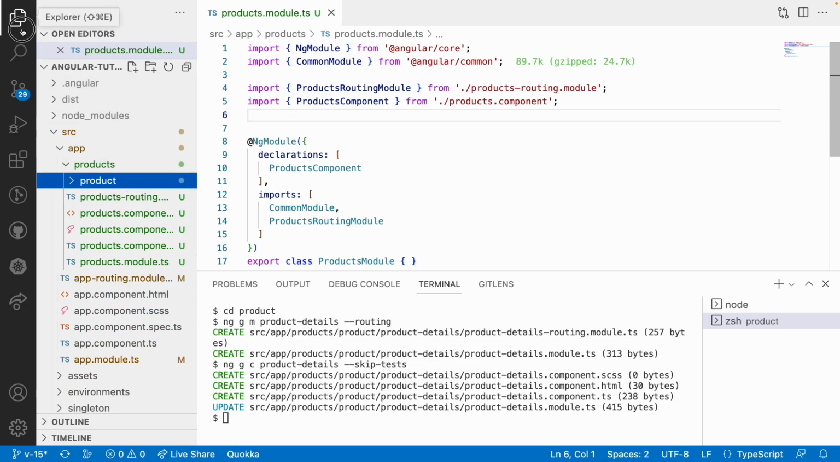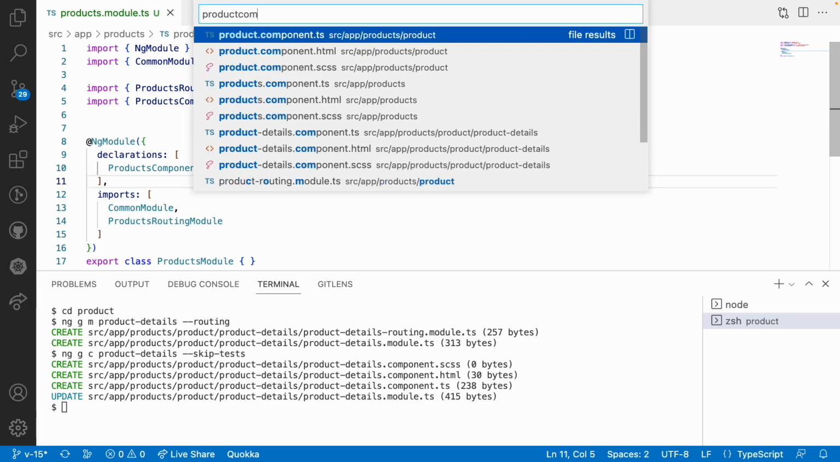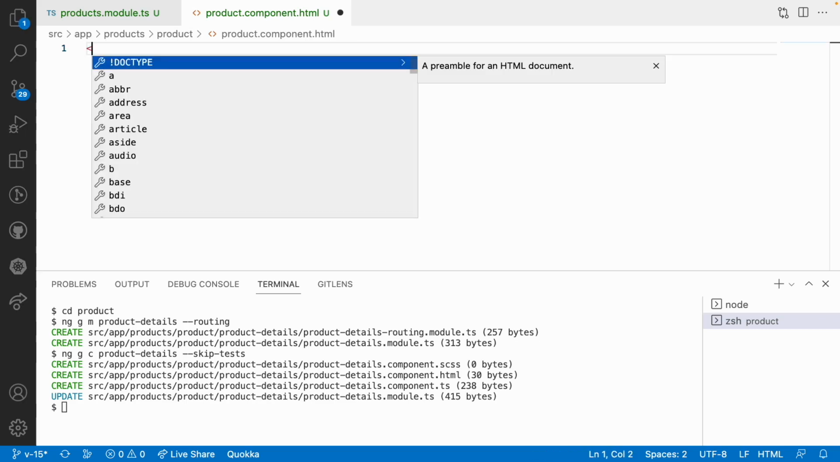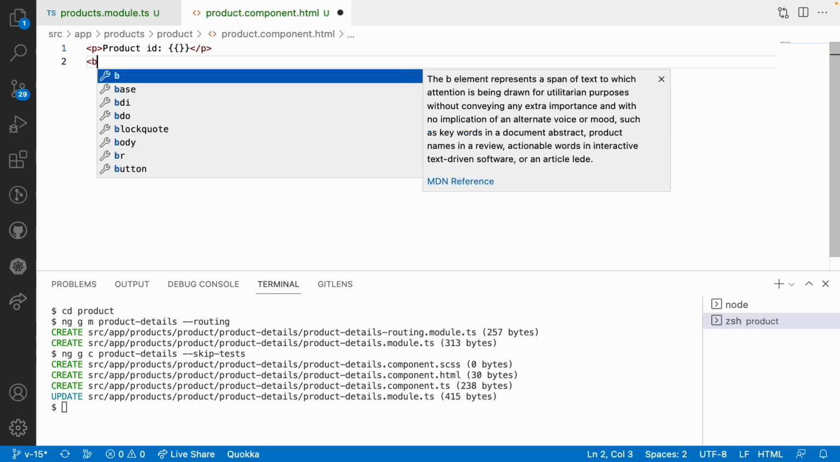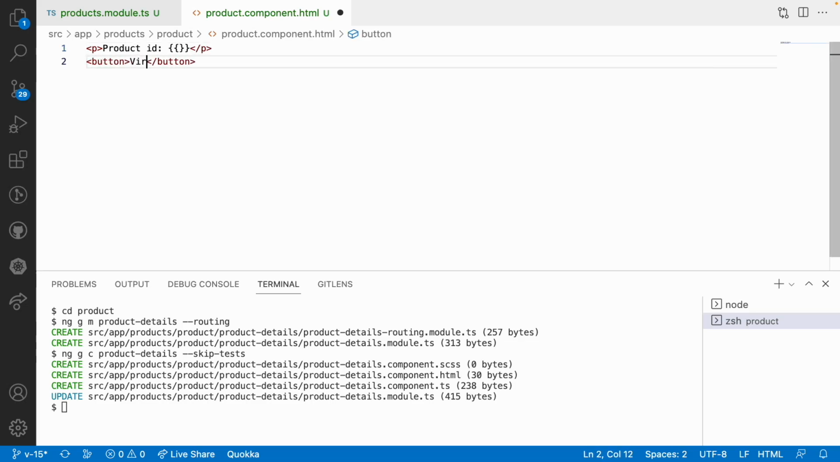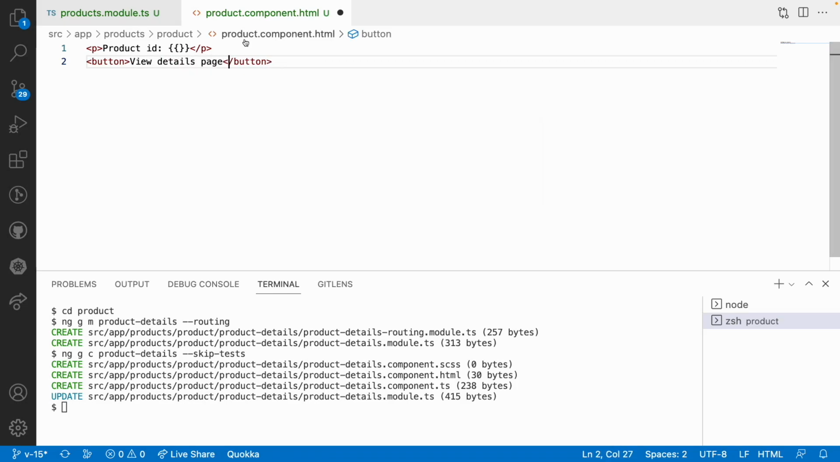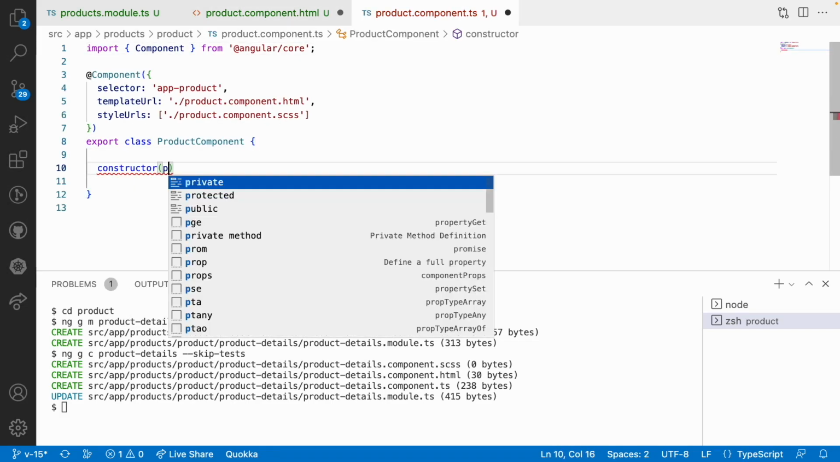So let me go here, and when the user clicks on the product details, let me go into product component .html, and here let me create a paragraph which shows a product ID, and let me show that product ID here. Also I'll create a button, view details page, and now let me go into the TS file, and here inside the constructor let me get that activated route,